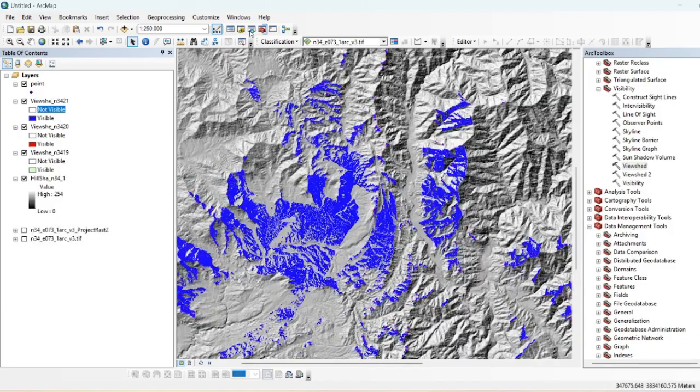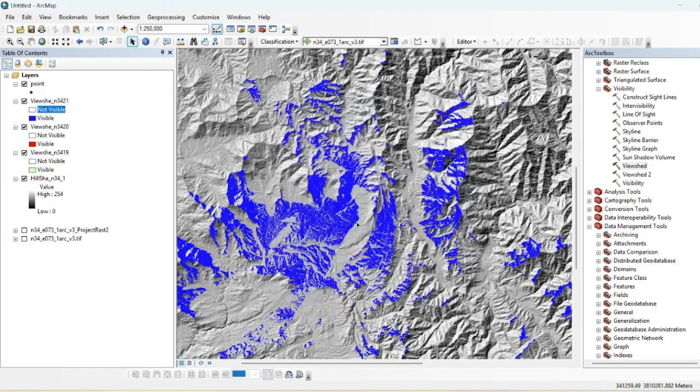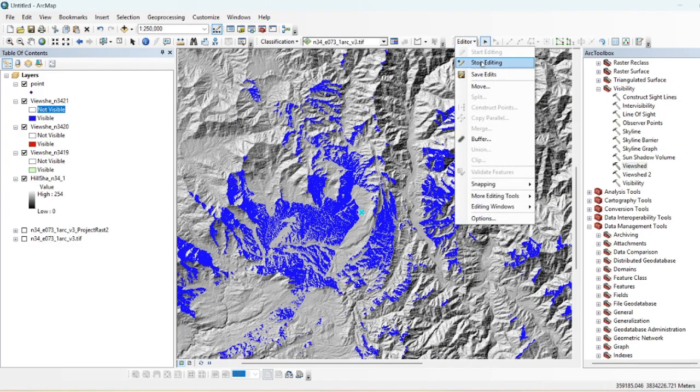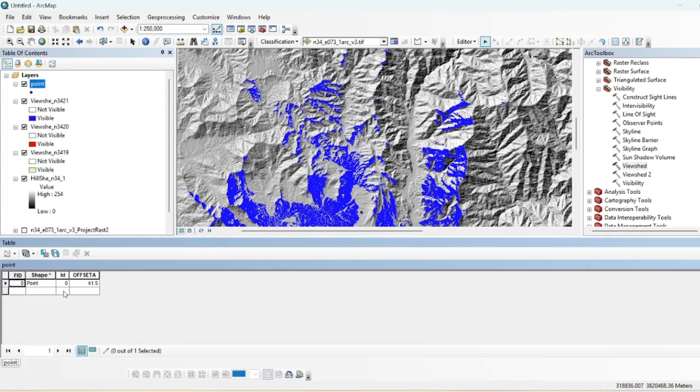And let's suppose that you start your editing, and select this point and keep this point over here, and stop your editing. Go to the attribute table, and now he is not on any watchtower.